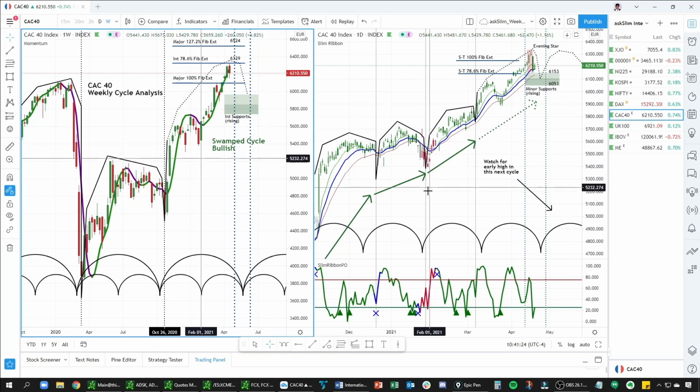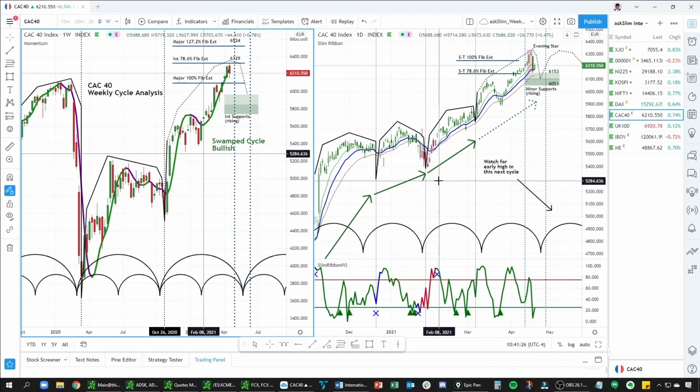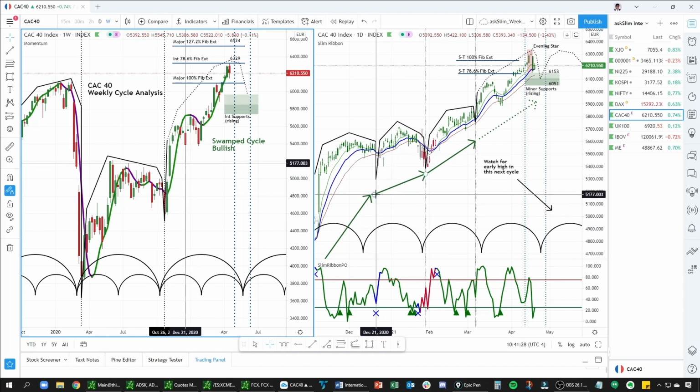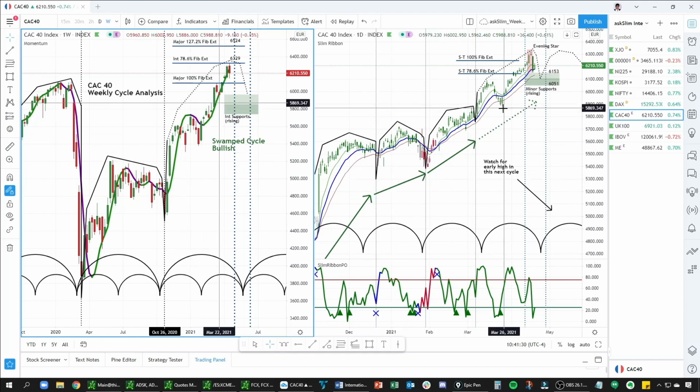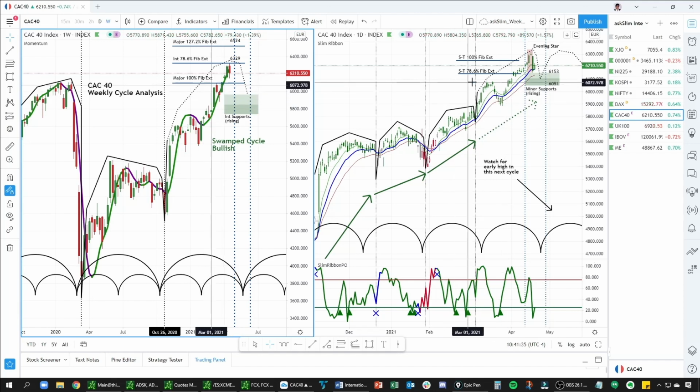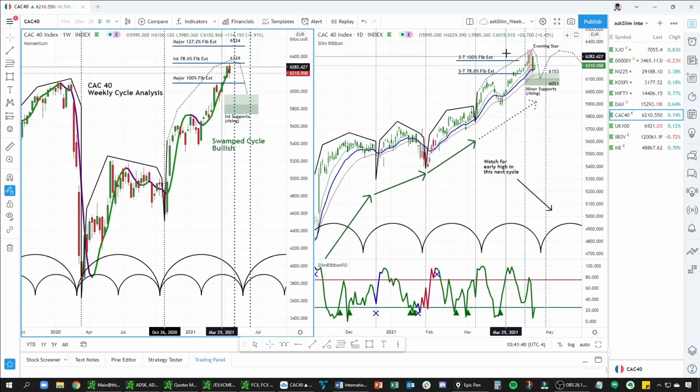If we look at the daily chart, you can see these beautiful positive cycles throughout this whole time period here. So there has been really no reason to be anything but positive on the CAC 40. What we see here is this evening star that formed. That evening star likely marked the high for this cycle, and we are now in this very short-term corrective period